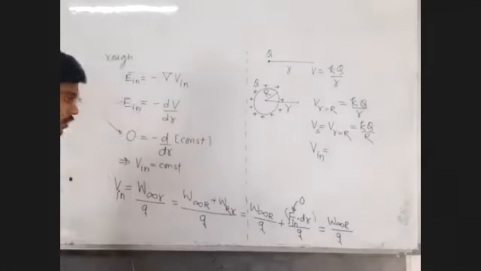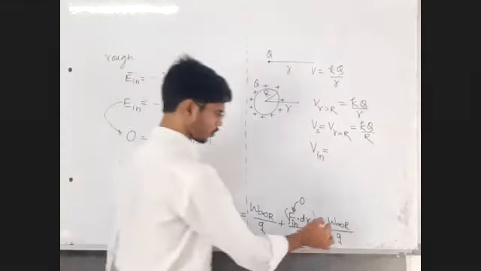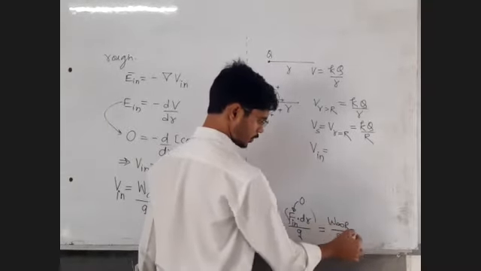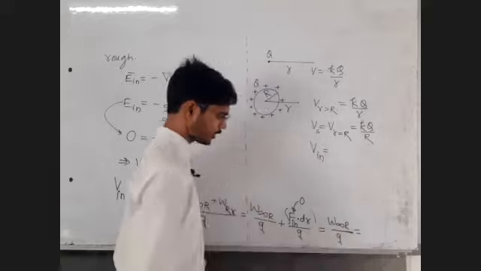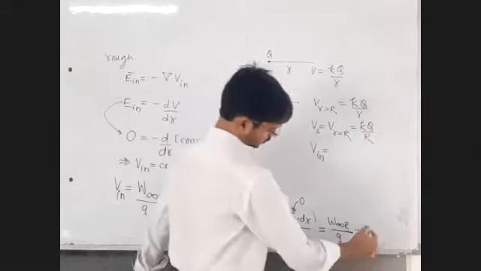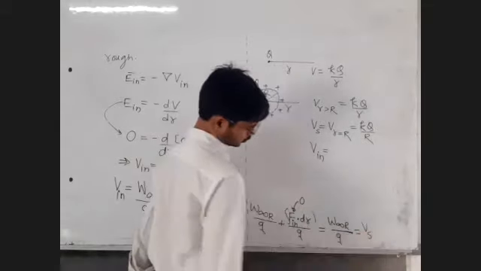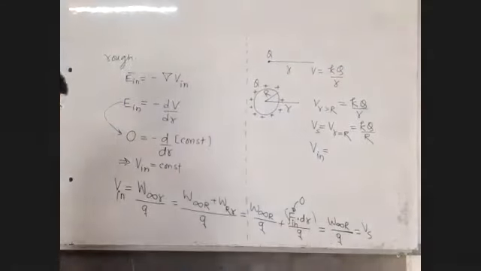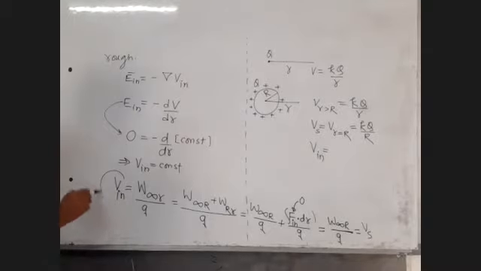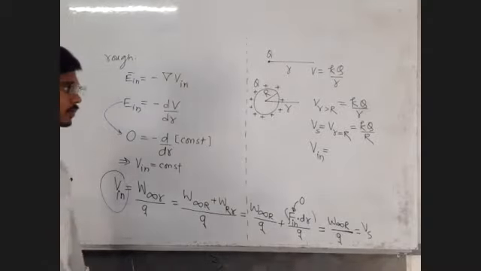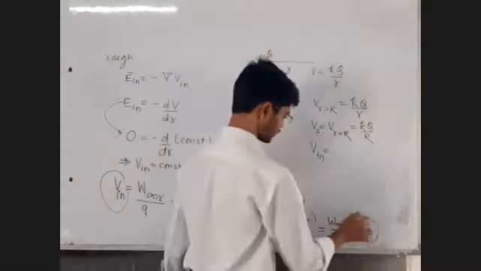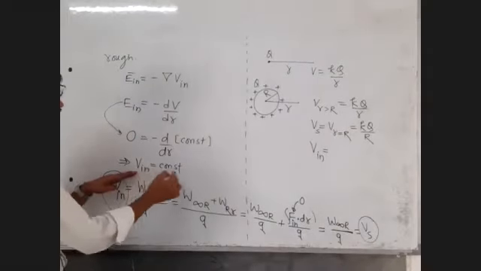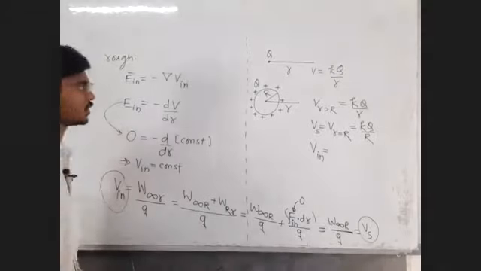So sir, this value, work done from infinity to a given point per unit positive charge, is the potential at that point. Right now the point is the surface point. So this value should be equal to potential on the surface. So inside potential of the shell is equal to surface potential of the shell, and that surface potential will be the same at all the points which are inside the shell.